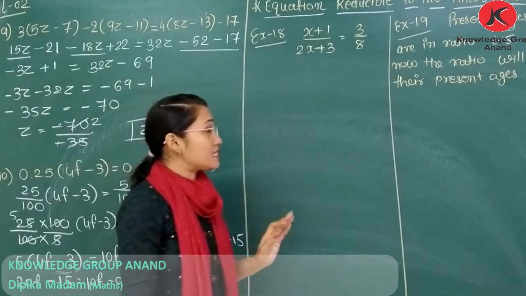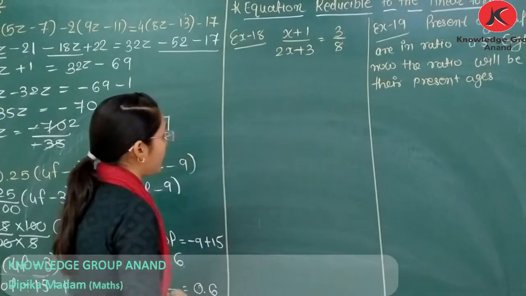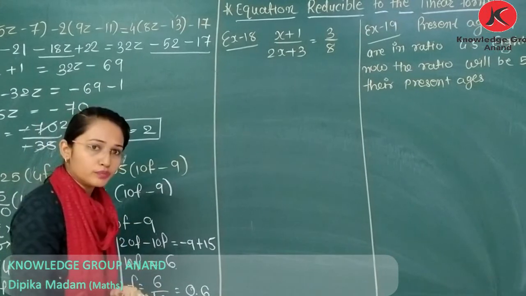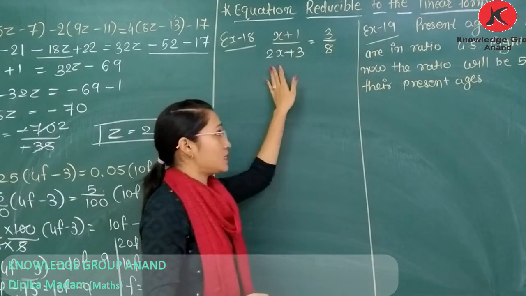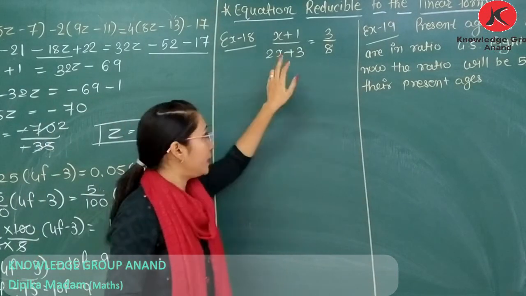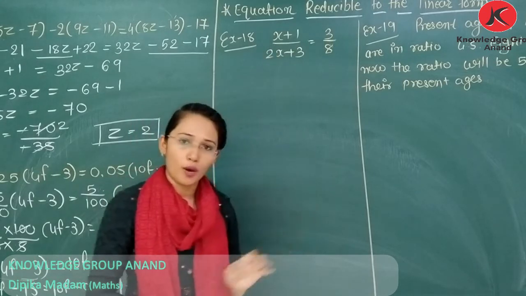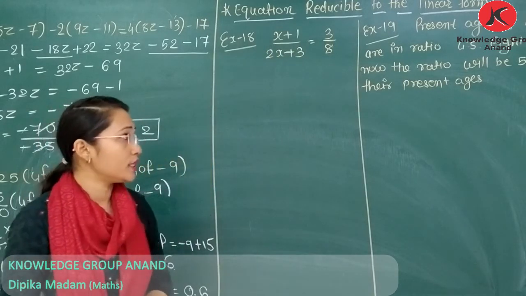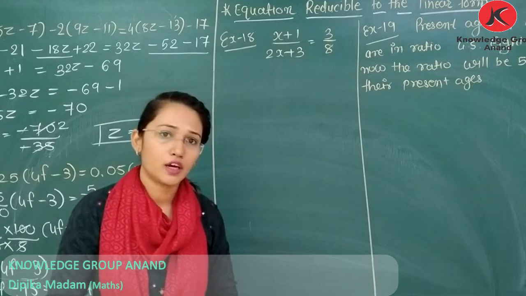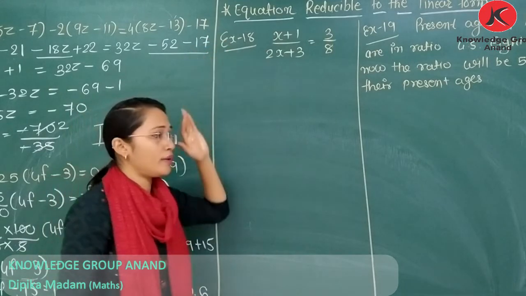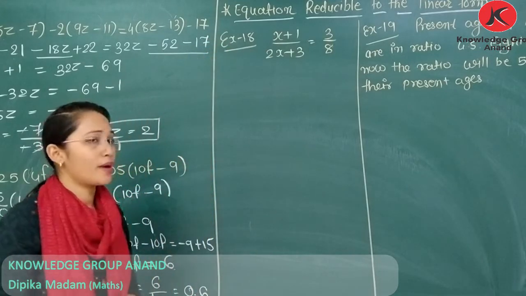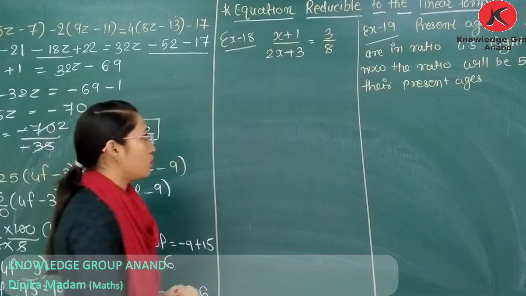Now, next is equation reducible to the linear form. What you have to do in this kind of example? Here the numerator and denominator form is given. You need to convert it into linear form. Numerator and denominator form માં આપ્યું છે અને linear form માં convert કરવાનું. How? By